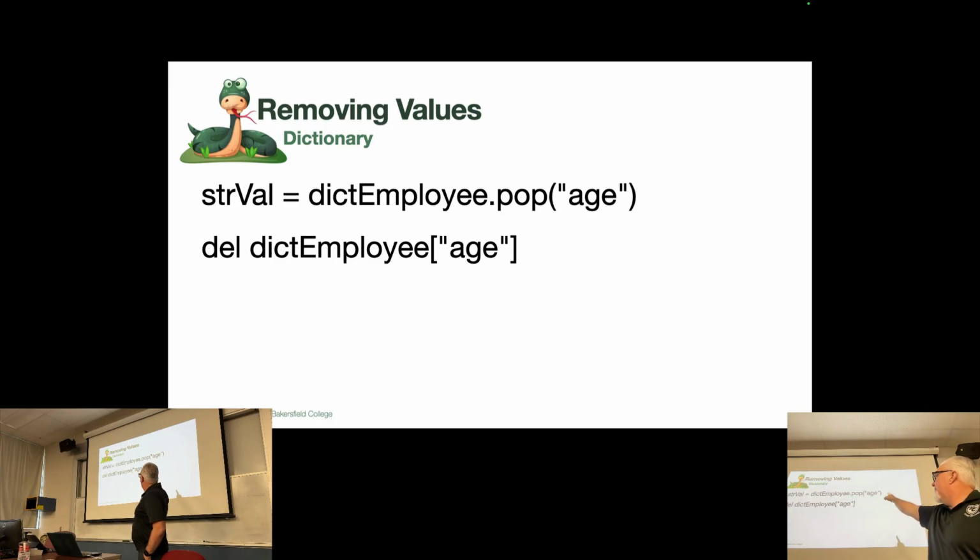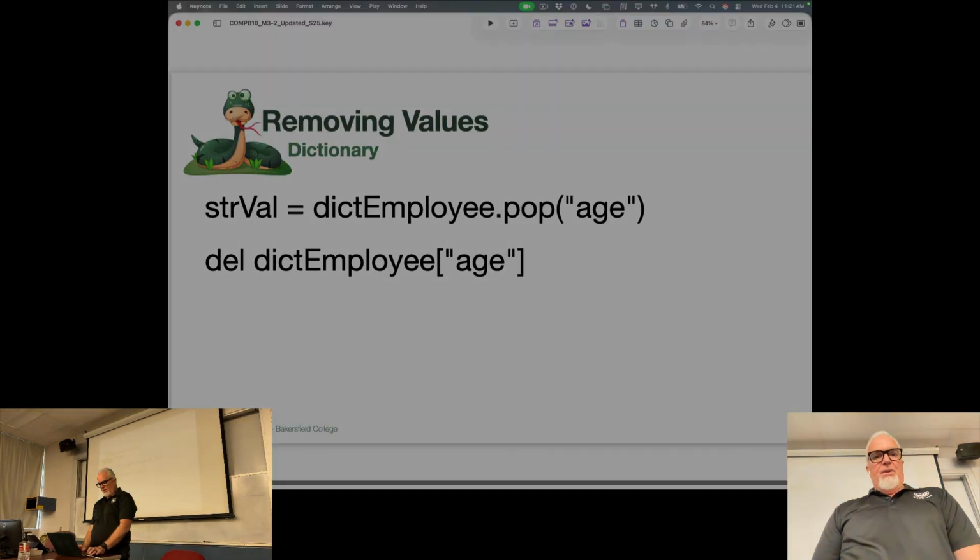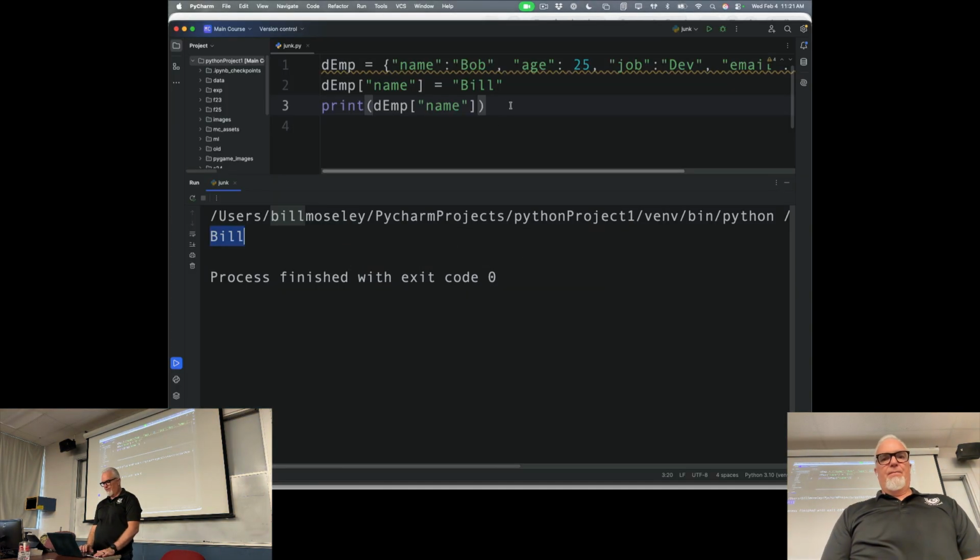So once I pop, if I pop the age from that dictionary, which contains the employee record, age will now be inside the variable, but it will no longer be in the dictionary. So that key and value pair will go away. So if I want to do that here,